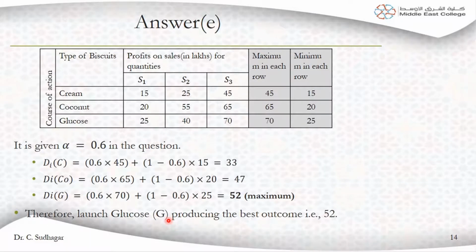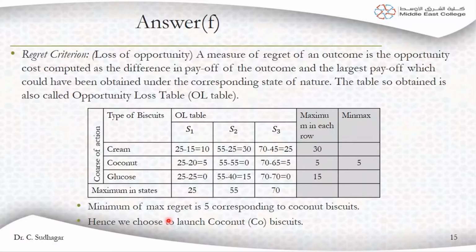Now let us come to the last one, loss of opportunity. How much can we minimize the loss if everything goes wrong and nothing is in our favor? We can say it is the loss of opportunity. Loss of opportunity means even though it's possible for us to make a profit, we lose the profit. So we have to minimize it, no? So how to do that?